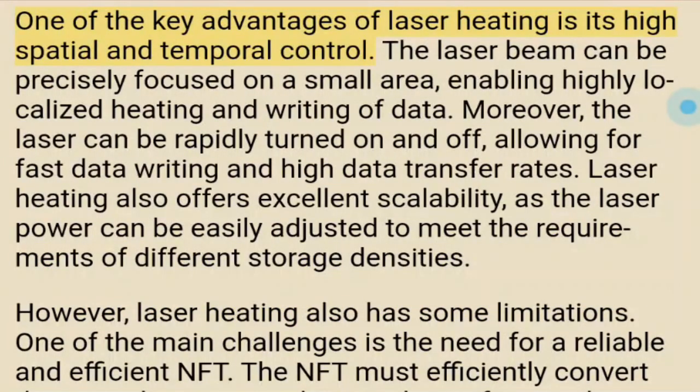One of the key advantages of laser heating is its high spatial and temporal control. The laser beam can be precisely focused on a small area, enabling highly localized heating and writing of data. Moreover, the laser can be rapidly turned on and off, allowing for fast data writing and high data transfer rates. Laser heating also offers excellent scalability, as the laser power can be easily adjusted to meet the requirements of different